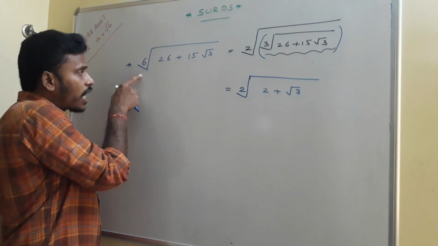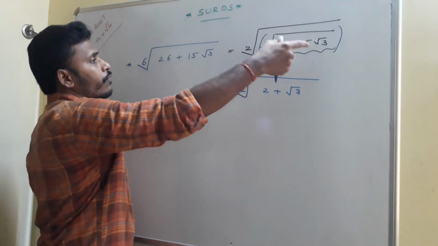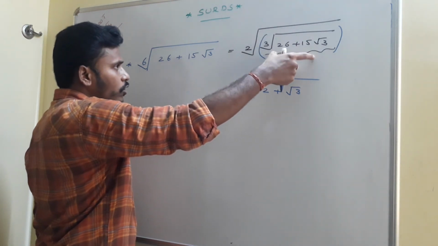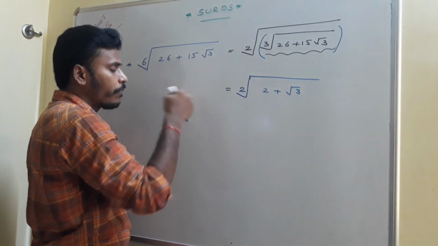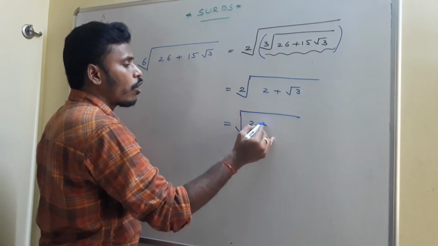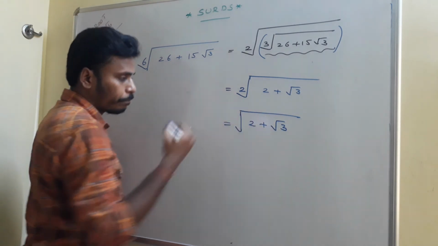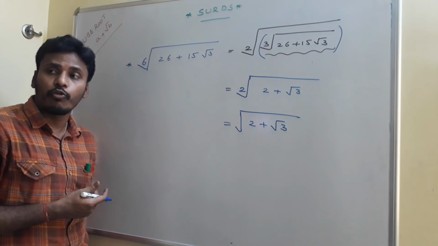So now, I ask you to find the sixth root of this number. So second root of cube root of this 26 plus 15 root 3. This cube root of 26 plus 15 root 3 is nothing but 2 plus root 3 as we did. And now, this second root is nothing but the square root itself, no? Square root of 2 plus root 3 you need to find. And we have a procedure to find the square root of 2 plus root 3.